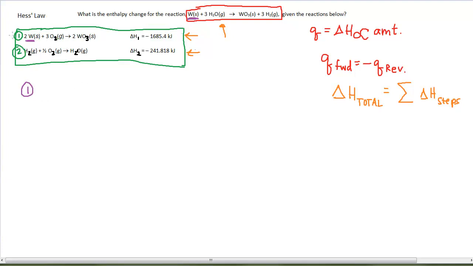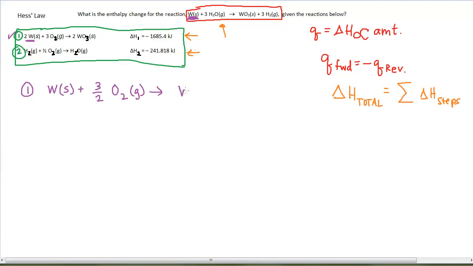So to get equation 1 to match the equation that I'm looking for, I need the coefficient to only be 1. It's on the correct side of the arrow. It is a reactant in equation 1. It's a reactant in the equation I'm trying to match it to. But I only want 1 tungsten. And so I will rewrite equation 1 with only 1 tungsten, which means now I have 3/2 oxygen gas